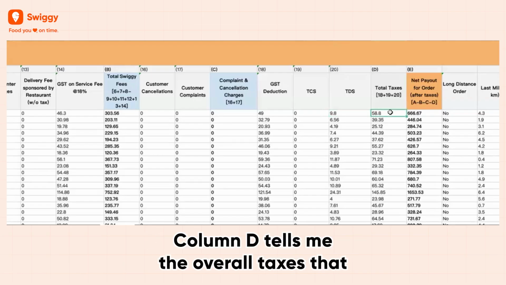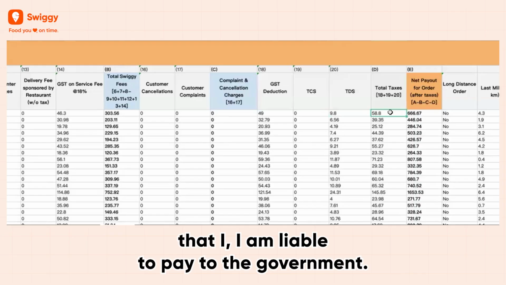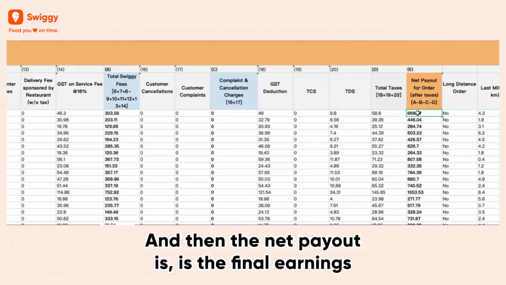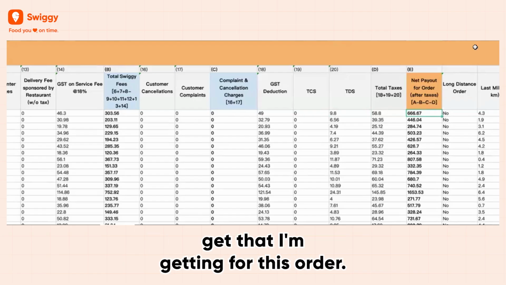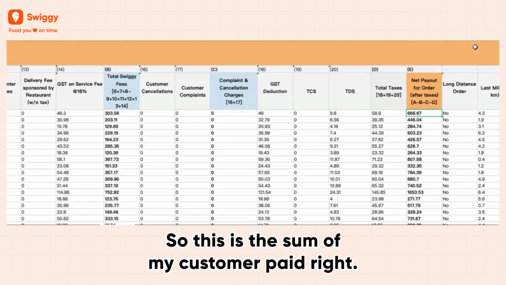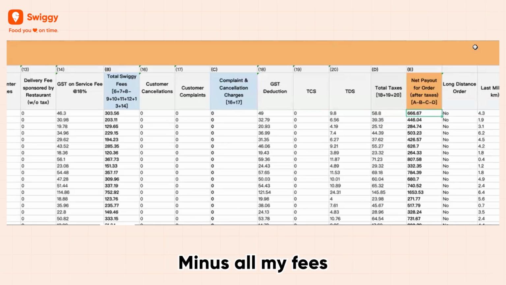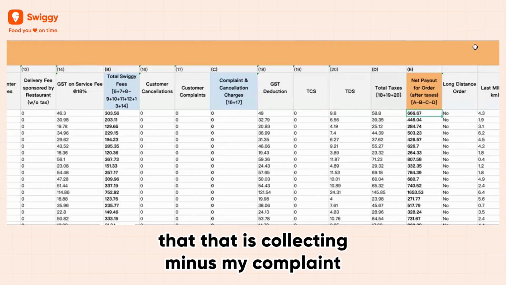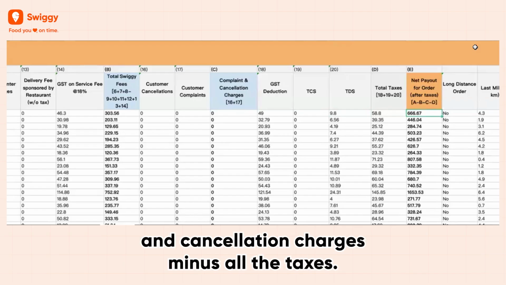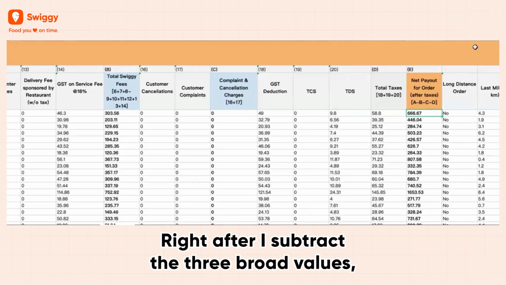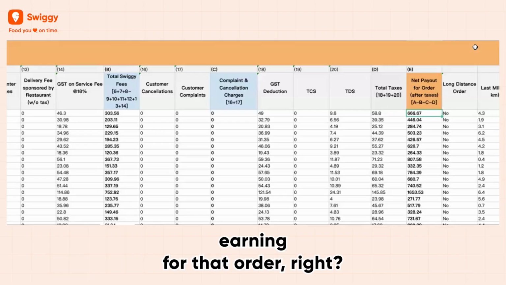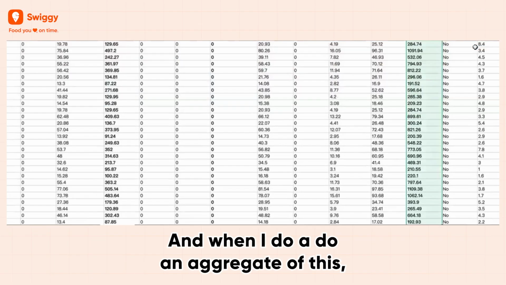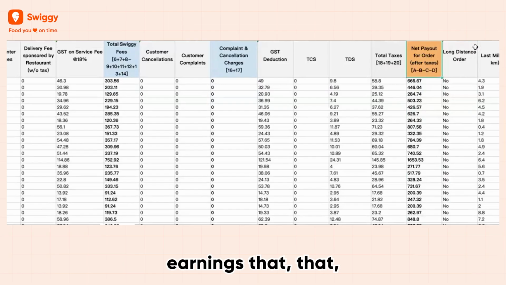Column D tells me the overall taxes that I am liable to pay to the government. And then the net payout is the final earning at an order level that I'm getting for this order. So this is the sum of my customer paid minus all the fees that Swiggy is collecting, minus my complaint and cancellation charges, minus all the taxes. After I subtract these three broad values, I arrive at the final net earning for that order. And when I aggregate this, it gives me the overall order level earnings that I'm supposed to receive